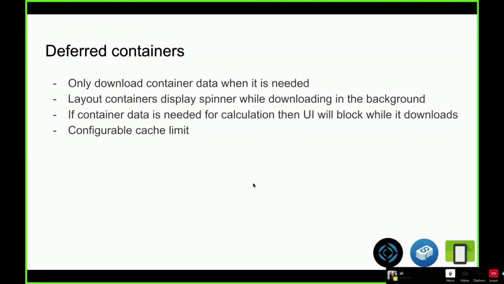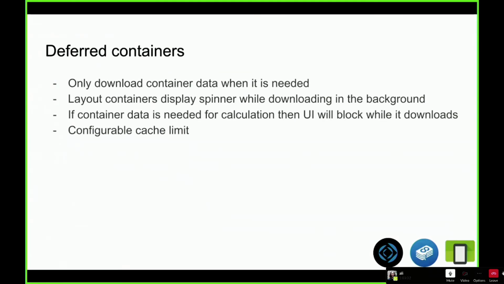Okay, so another thing we've been talking about is the amount of data on your device, and one way to control how much data there is on your device is to use deferred containers. This is a mechanism that allows you to only download container data when it's needed.